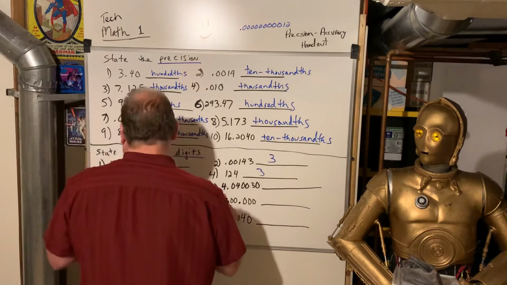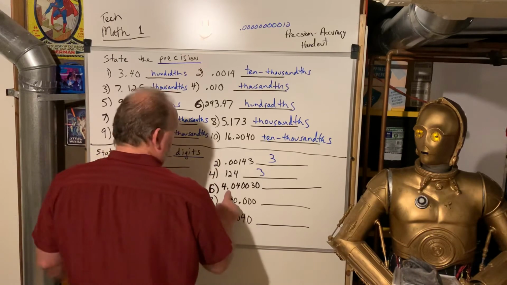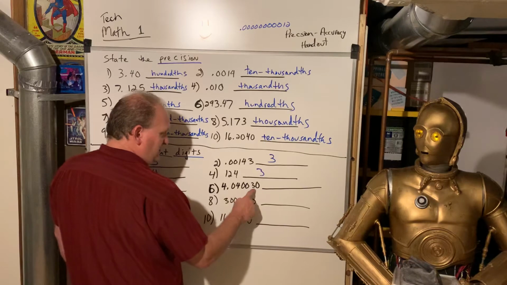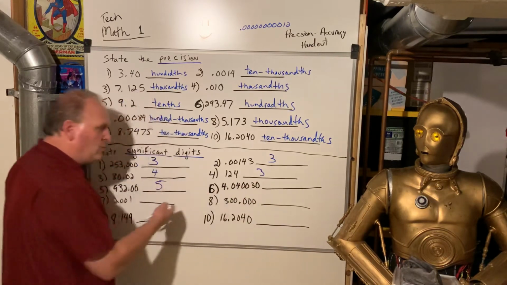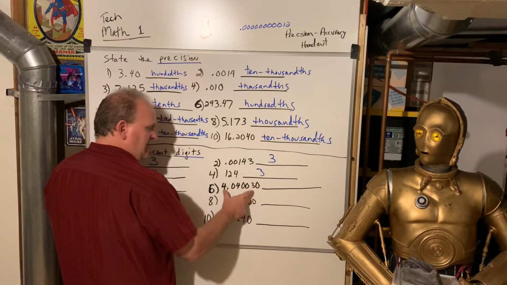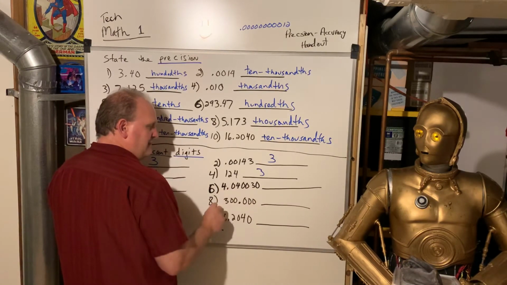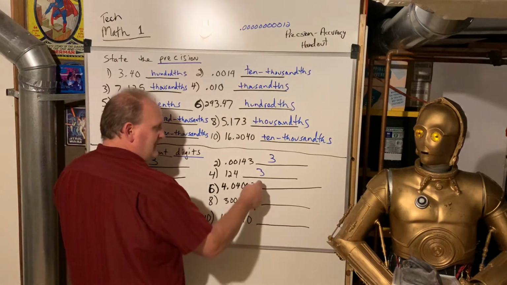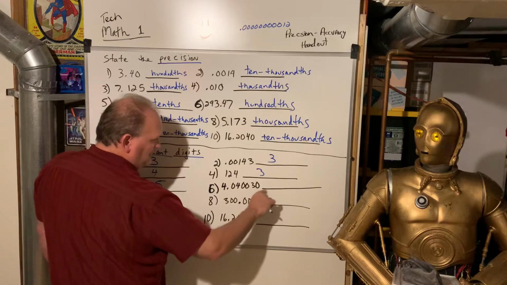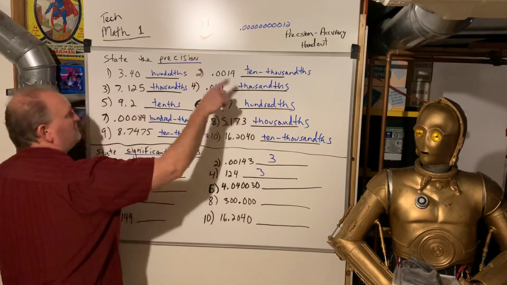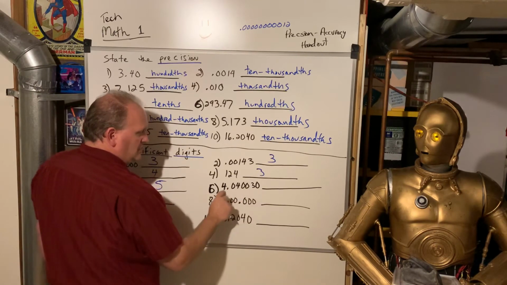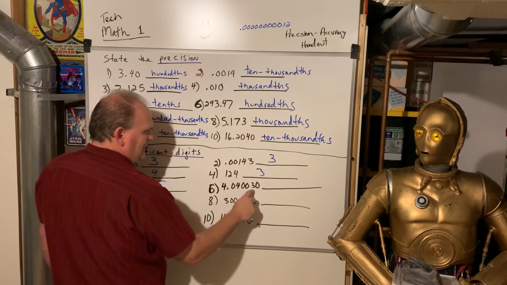All right, so let's look at this. We have 4.04, so that's significant because it's in between that, and then 003, so those are all significant. Every one of those is significant. These zeros are all significant because they're captured by numbers. There's numbers in between, so they become significant. And then this is significant because it's added after the decimal and after the last number. Because that was put in there for precision, that is a significant digit. So 1, 2, 3, 4, 5, 6, 7